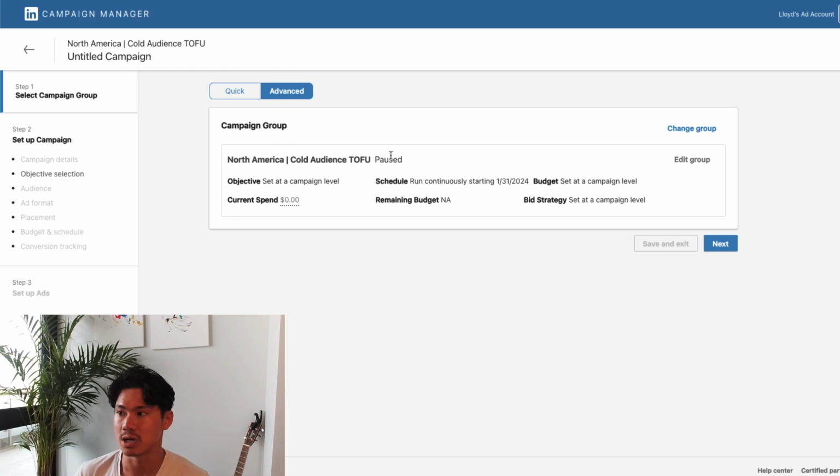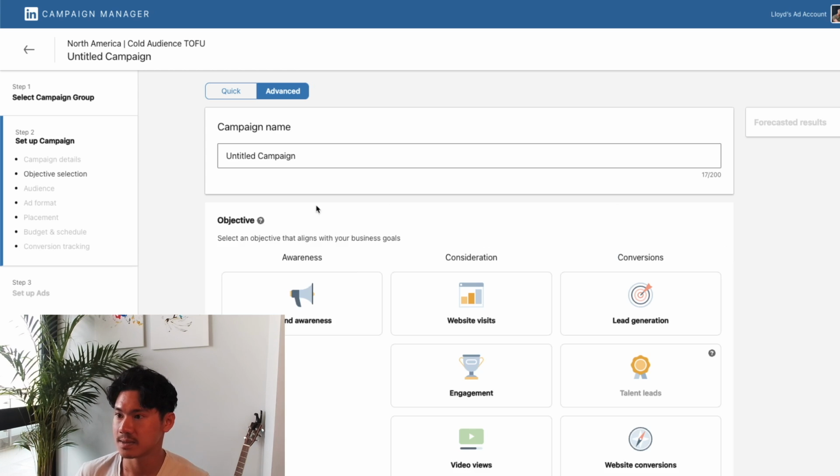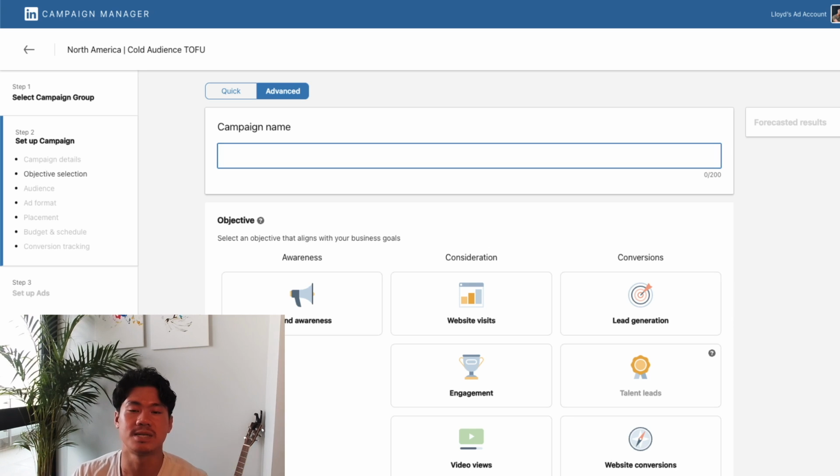And this is where we're going to be building this brand new campaign. So click next, and then we can name this. The best thing that I would say you should do is name it after whatever the campaign is going to be about. The naming convention is always helpful just because at a glance, you want to be able to see what any individual ad or any individual campaign is doing.